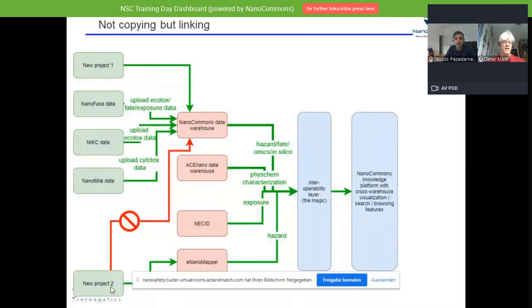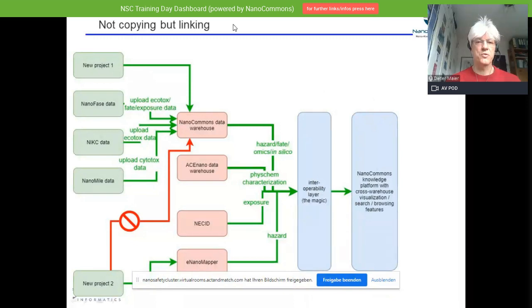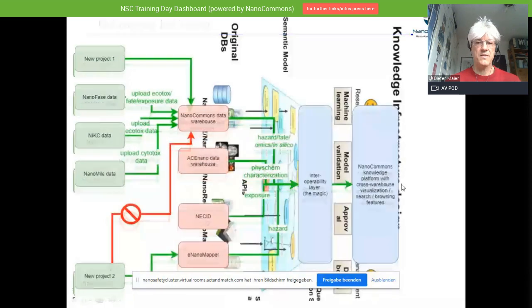But if you already have your own data warehouse, so if you are using, let's say, the eNanoMapper software, the Embed software, or whatever, then what NanoCommons also provides you is with an interoperability layer that allows you to connect what you already have and integrate it with the community and make it available. And that's this interoperability layer, that's the semantic model, okay? So just as a bit of a background,